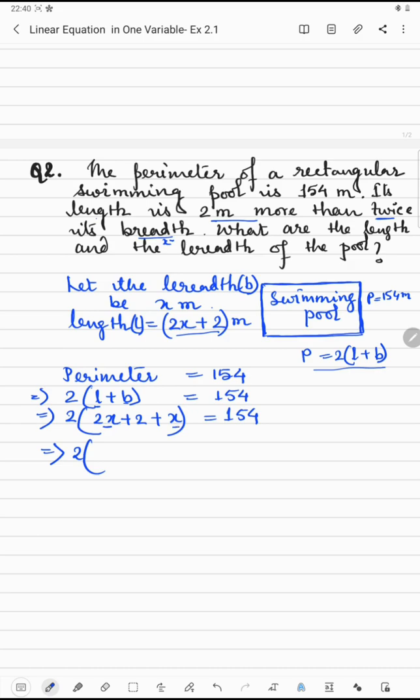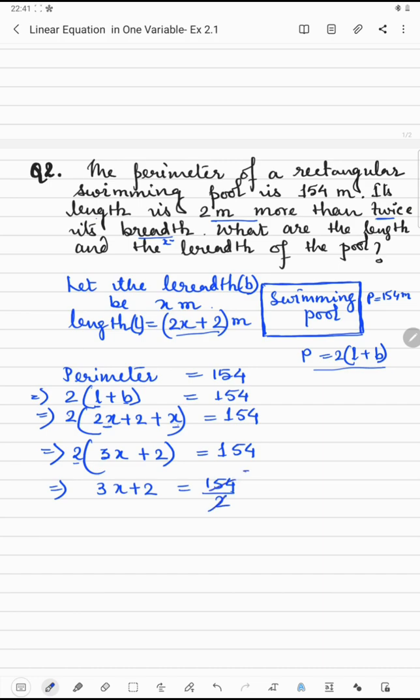Now these and these are like terms. So 2x plus x is 3x plus 2 is equals to 154. Now at first we will transpose 2. 2 is multiplied by the whole thing, means this is one factor. So 2 is multiplied by this. So at first we will remove 2 on another side. So that means 3x plus 2 will remain in left hand side, and here 154 on the right hand side, and 2 will be divided because we are taking from left hand side to right hand side. Since it is given in multiplication form, so it will be division after changing the side.